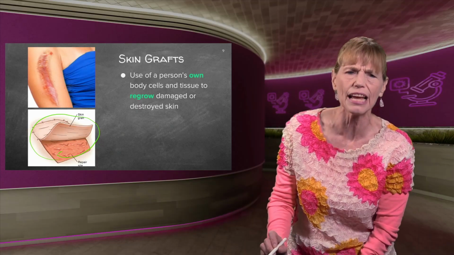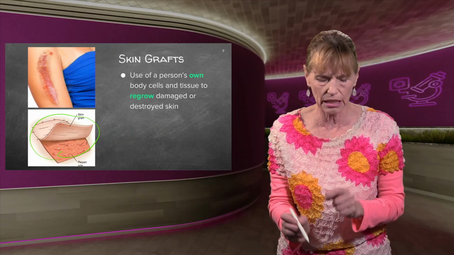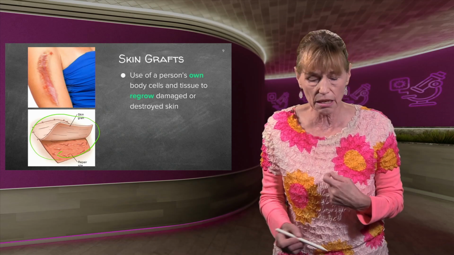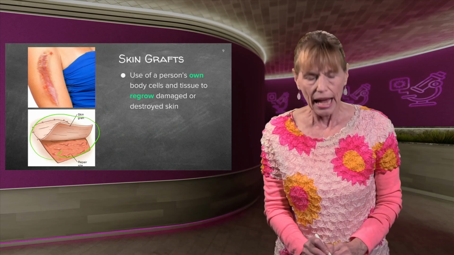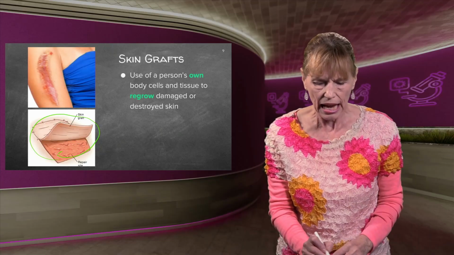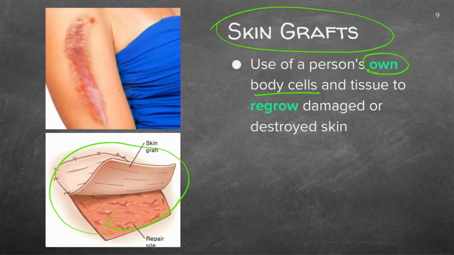It's usually the thigh or the inner thigh, where you don't see it that often. They can take some skin. It shouldn't reject the skin because it recognizes itself, and it can be grown. They do the same when they grow heart tissue or for heart valves. And that is a skin graft, where they use the body's own cells to regrow damaged skin.